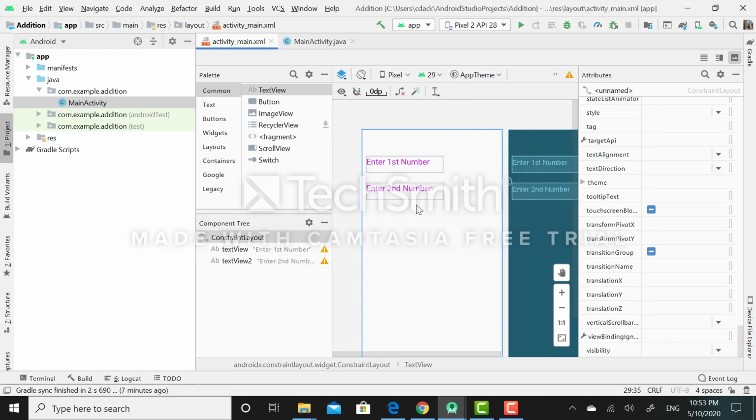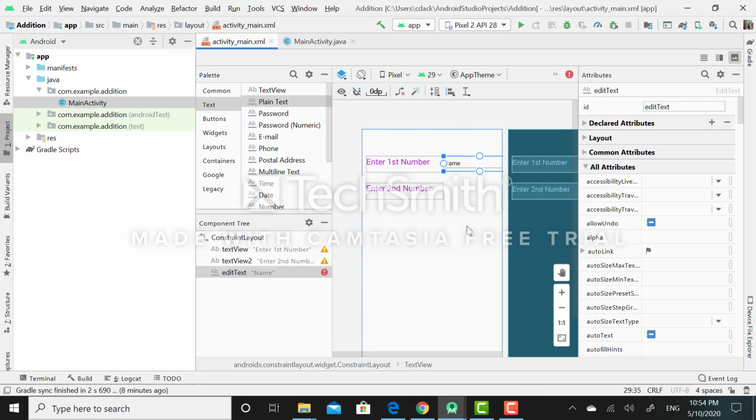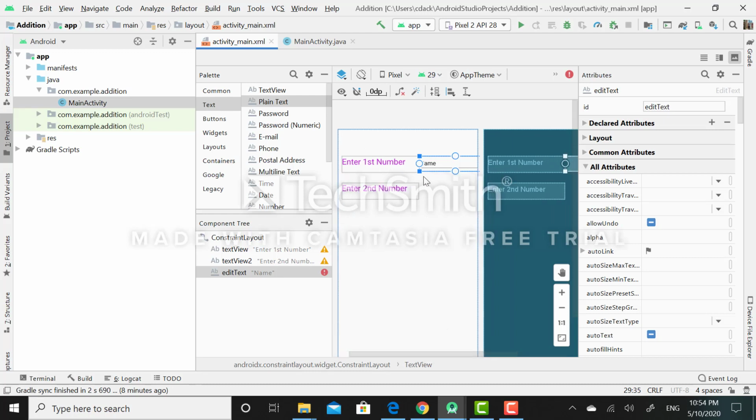Now my next task is to accept the values from the user, and for that purpose I need to use the plain text widget. So for this I will click on text. Here you will find the plain text view widget. Simply drag and drop this widget on the XML file. I will reduce its size.